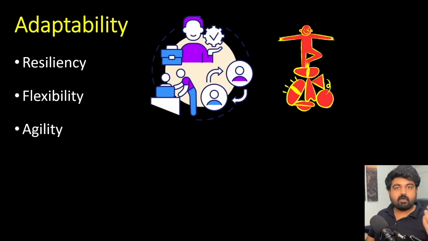Best example, Log4j. Everyone knows the Log4j vulnerability, probably one of the most popular libraries used all across the world, and suddenly everyone had to change their version, and everyone had to be adaptable on how quickly you can change the version and address the vulnerability. And that raised a lot of questions on how resilient your systems are, how you can make that improvement, how you can significantly change those processes, and that sort of thing.